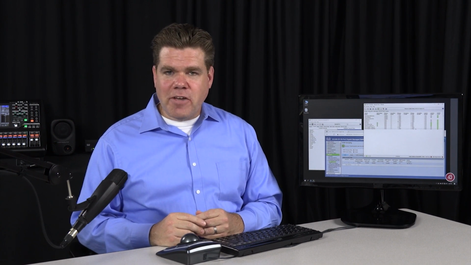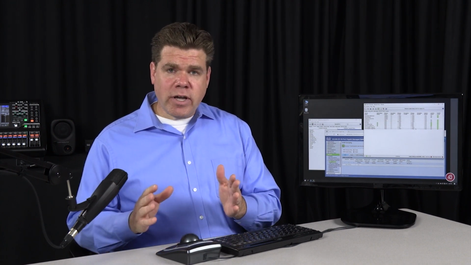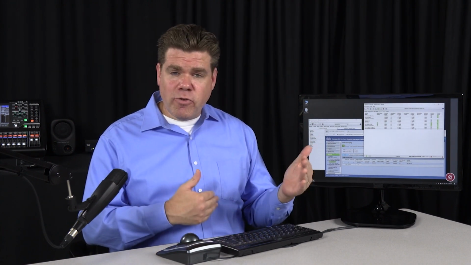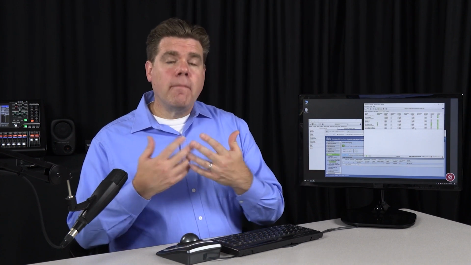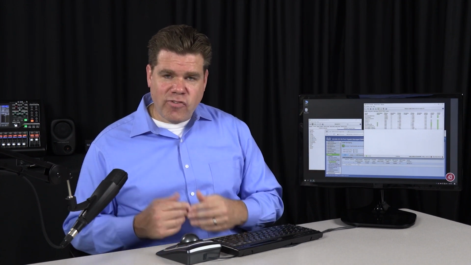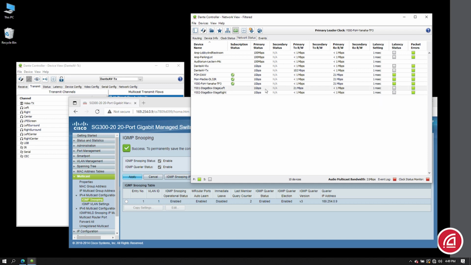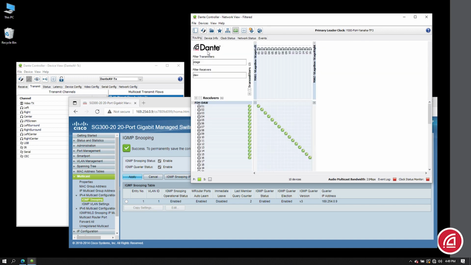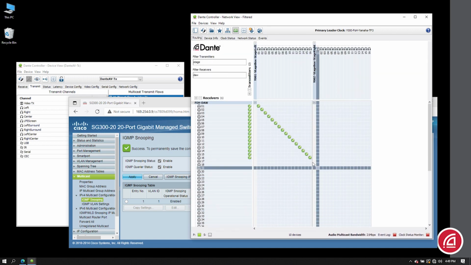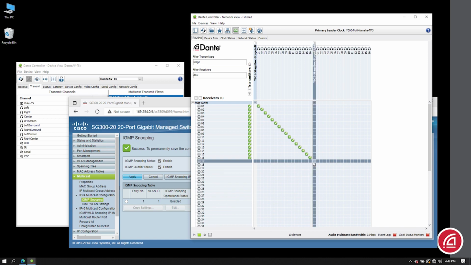Okay, it's time for a little extra credit. I'll show you some shortcuts that will help you with massive subscription lists, as well as converting multiple channels to multicast at the same time. First, let's suppose that we want to send the inputs from the second stage box to the mixers and the digital audio workstation. When we wanted to route this before, we were able to establish a diagonal route in the main routing screen. But you'll notice it can't continue for the second stage box that way.